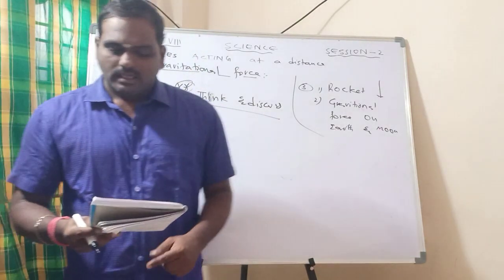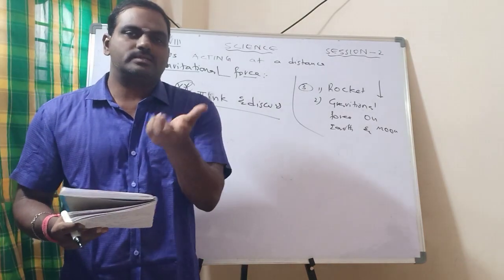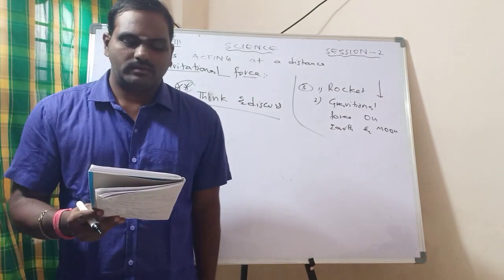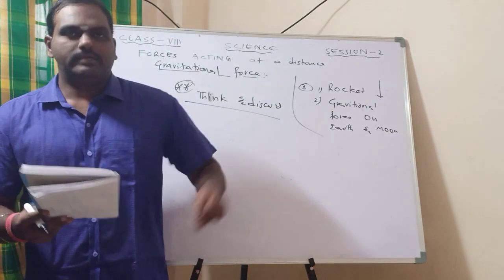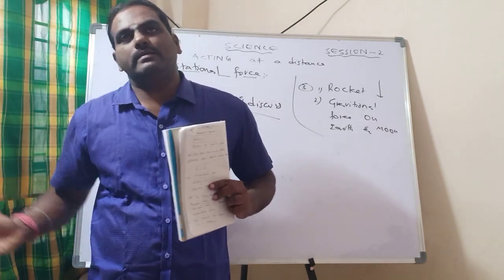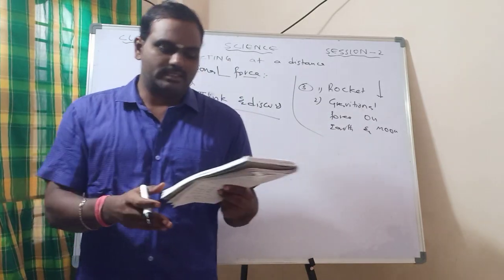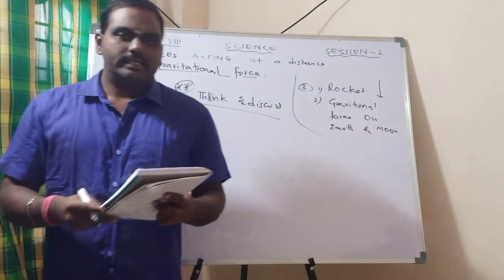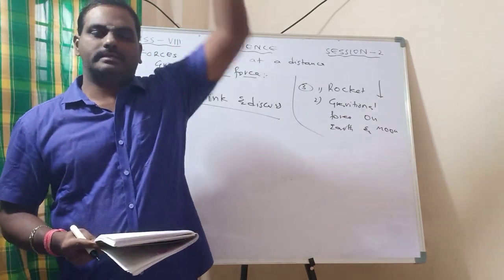So in this textbook also one question is given. The question is, a cricket ball of mass m. Mass m means its weight, it's not given, just take it as m. It is thrown upwards with some initial speed. If the air resistance is neglected, that means air resistance is when it is going, the air will try to stop it, it is not considered. What forces are acting on the ball when it reaches half the maximum height and its maximum height?